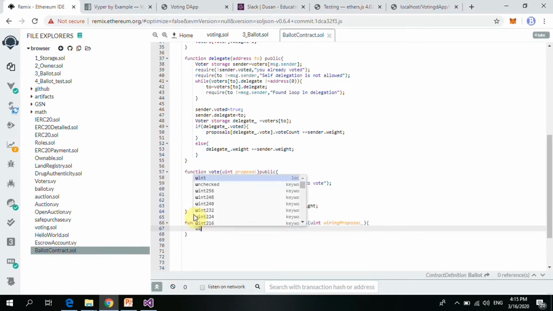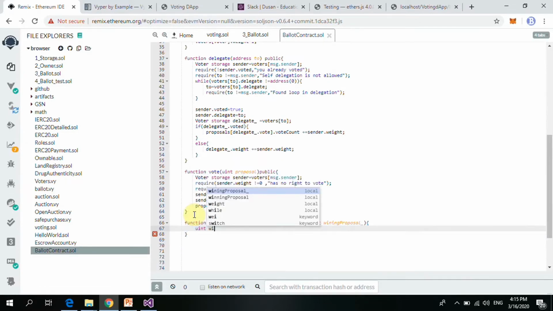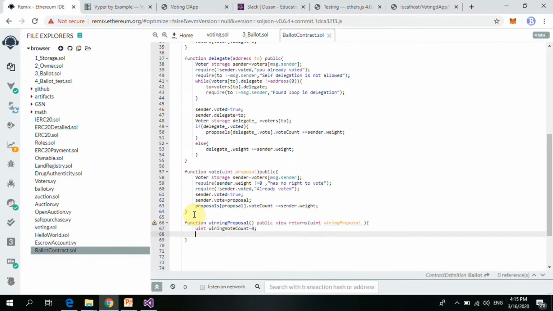Okay, all right, first of all, let's declare this uint winning vote count. The winning vote count should be 0. So we declare winning vote count, and then we do our counting. So we just look through each of the proposals. We look through it and then get the proposal with the highest count. So let's just do that for